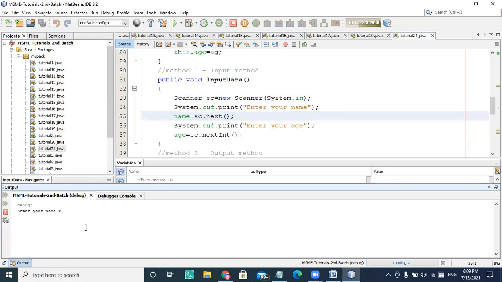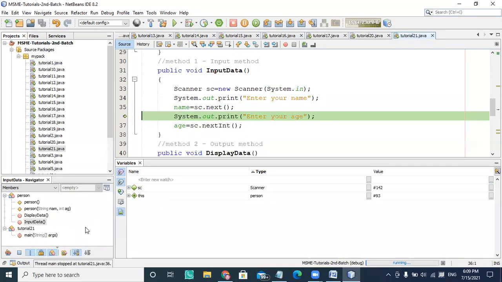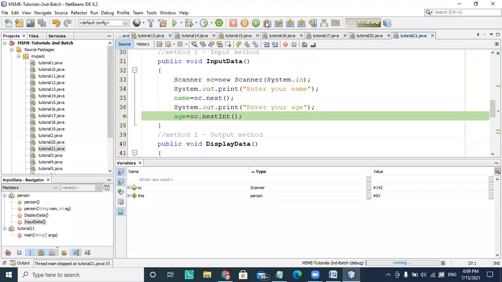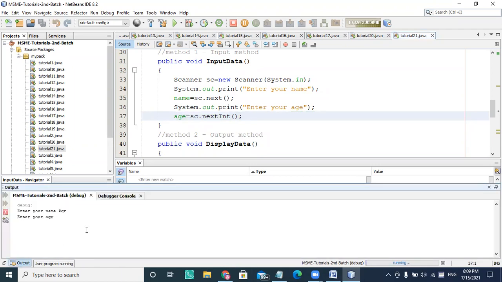So I'm writing pqr as a name, and pqr is entered and stored inside the name, and then the next value is age. So I'm writing age is 27.